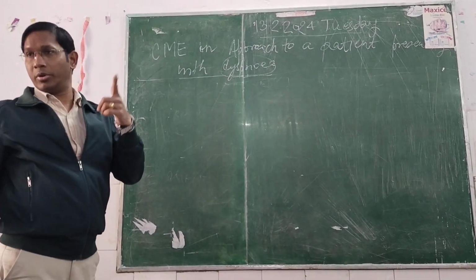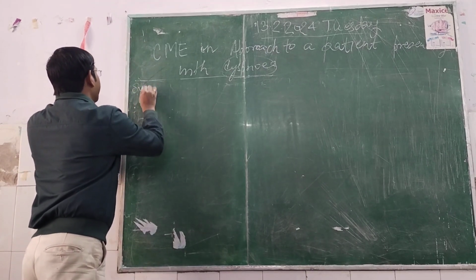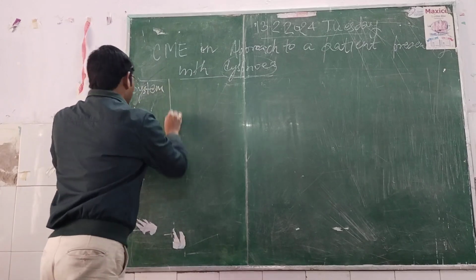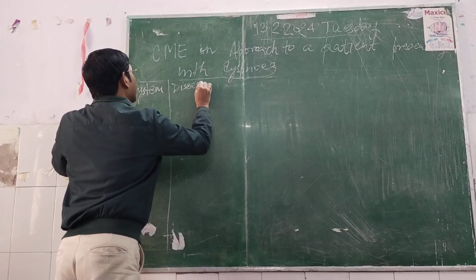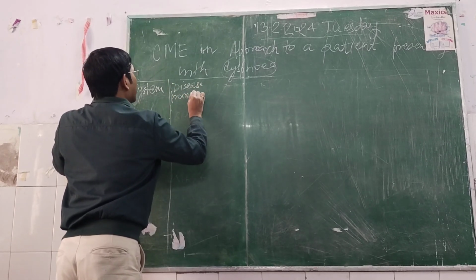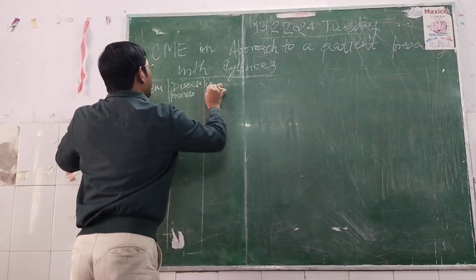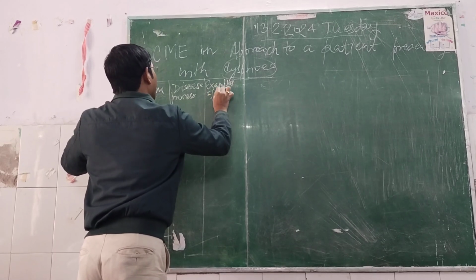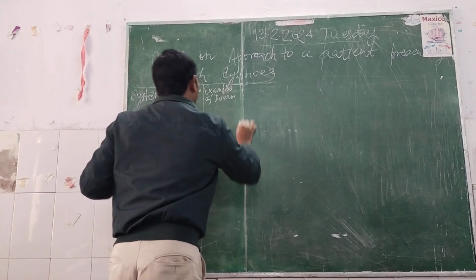I will dictate and you will write. First is system, then disease process, then examples of disease process, examples of disease,